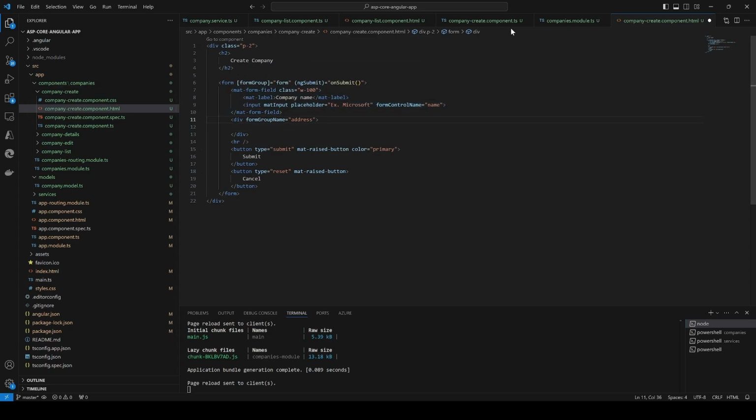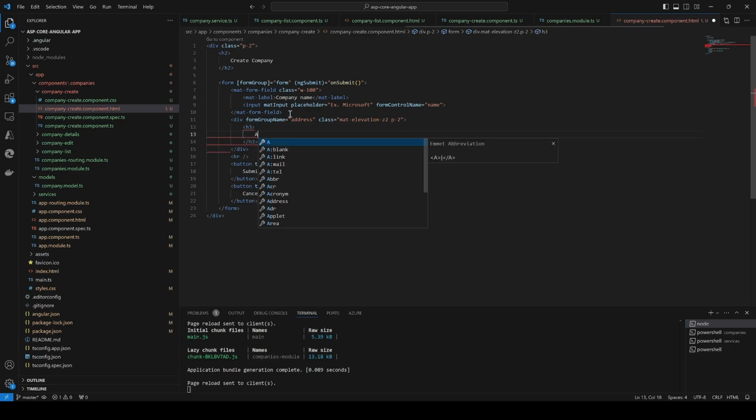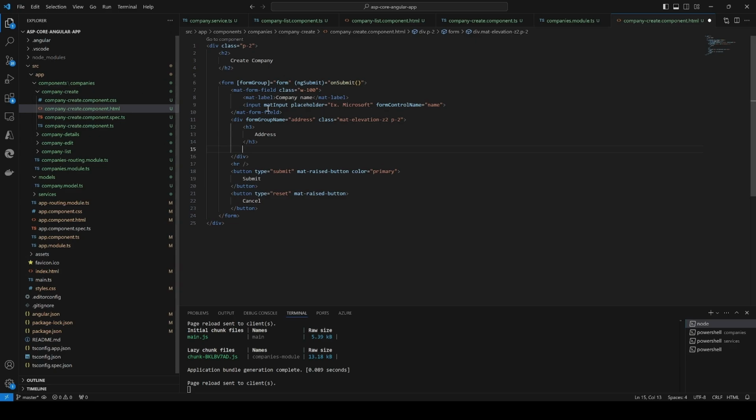So I'm going to make some class here, mat-elevation-z2 with p-2, and then we introduce a small title here, say an H3, Address. And then within that, we are going to introduce the other attributes